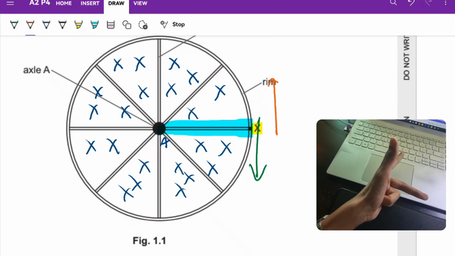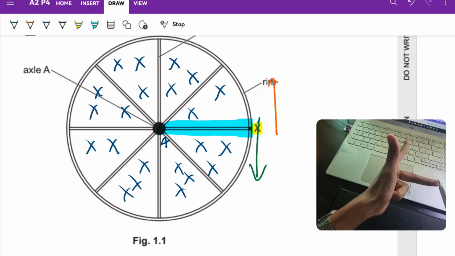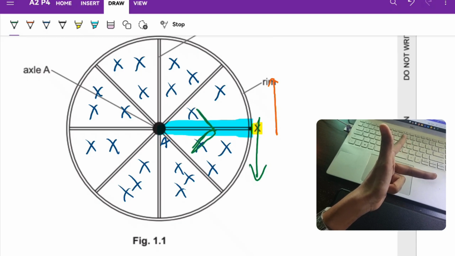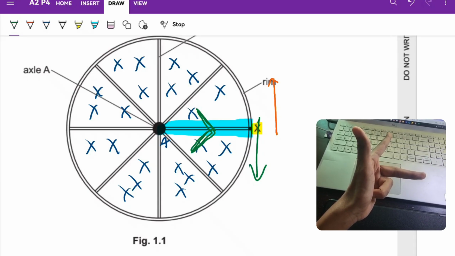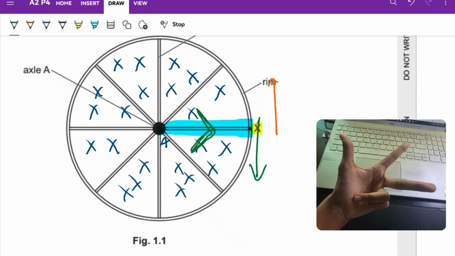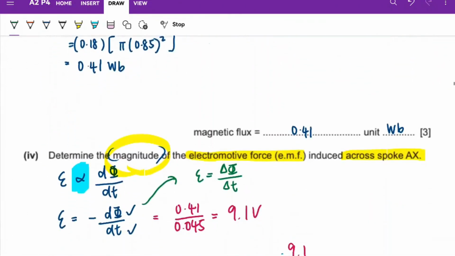Your magnetic force, according to Lenz's law, now is going to oppose the clockwise force. So now it's going to move anti-clockwise. So your thumb is forward. You will realize your current finger is pointing from A to X. That means the potential is higher at X. Because like I said, current moves from a lower potential to a higher potential. Okay. So, your answer would be,